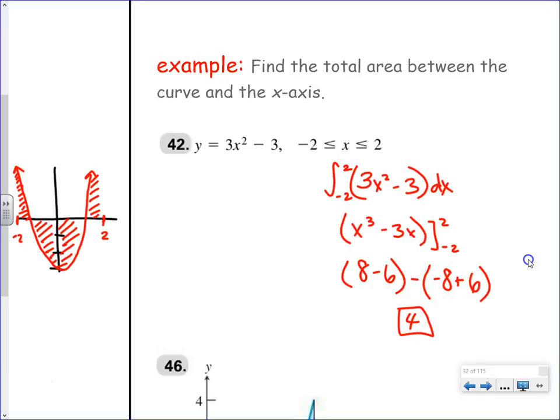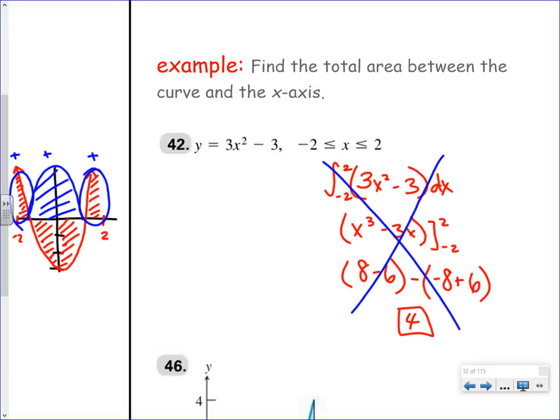So what I need to do is think about this in terms of, hey, that's great, hey, this needs to flip, and then hey, that's great. So how do I flip an entire portion so I can say positive plus positive plus positive? Absolute value. So I need to think about this instead of displacement. That's displacement. It's going to end up 4 to the right of its initial starting point from -2. I need to go ahead and take the integral from -2 to 2 mathematically, absolute value of 3x squared minus